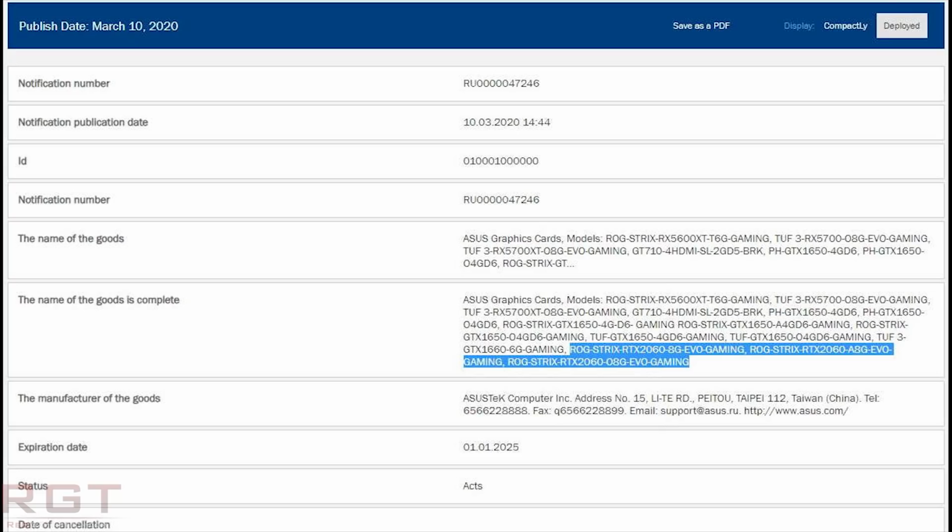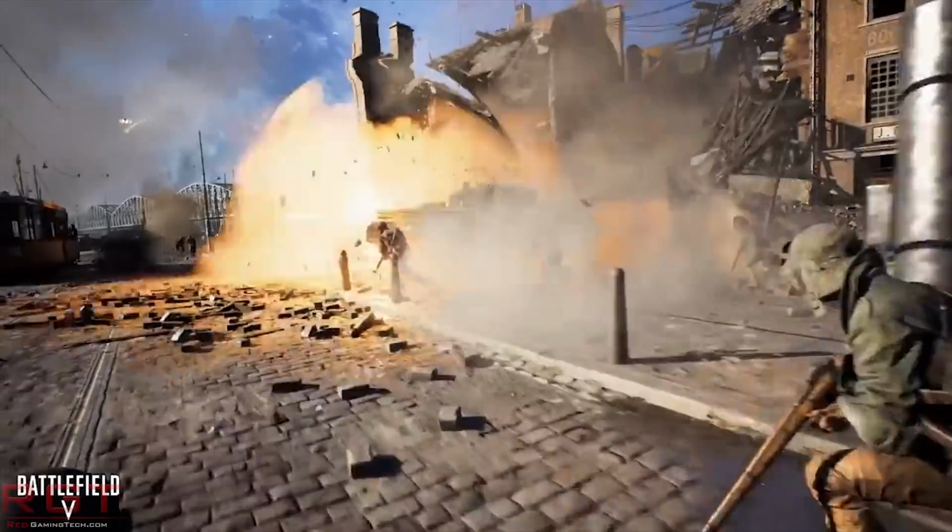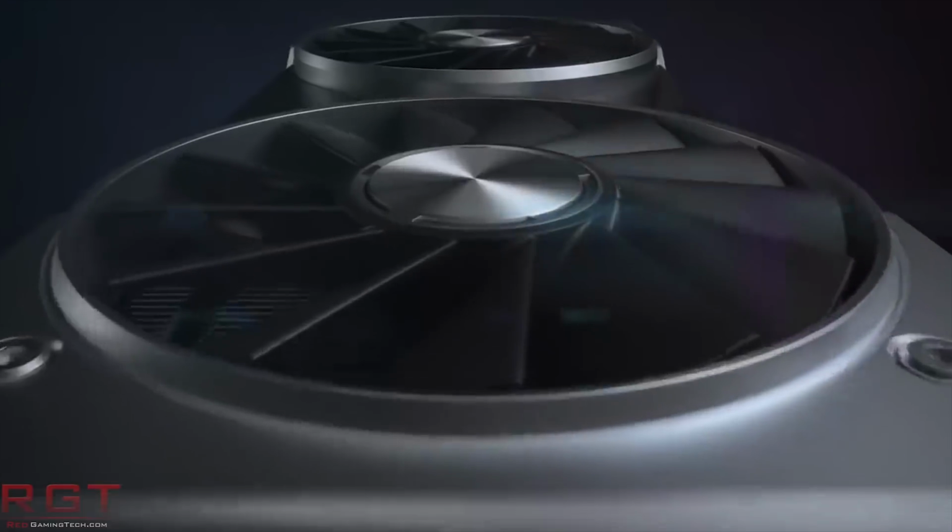We see 3 variants of the ROG Strix GeForce RTX 2060 with 8 gigs of memory instead of the default 6 gig configuration. Now, obviously, this is far from confirmed. This could just be something as simple as human error. The 6 and the 8 are pretty close to each other on the keyboard, pretty easy to just mix them up, not noticed,